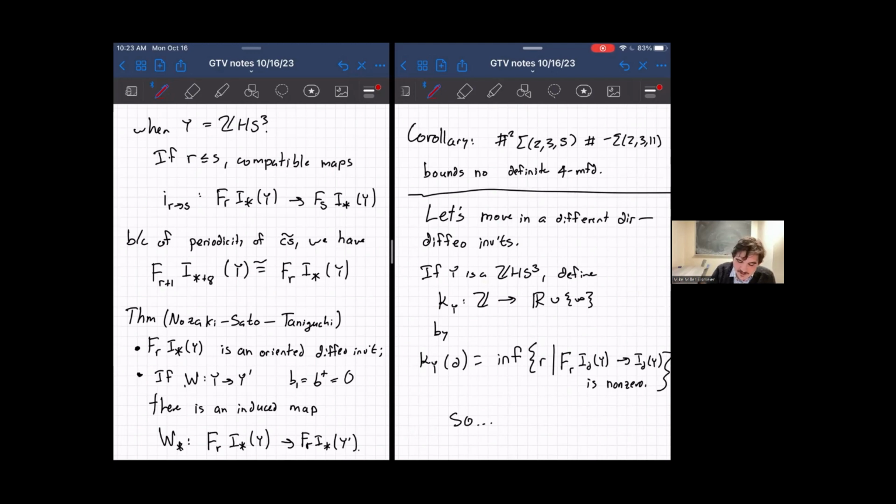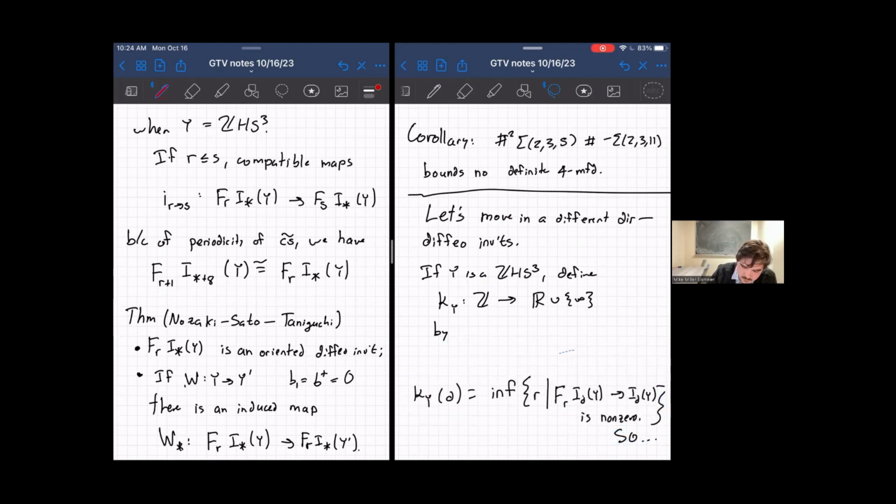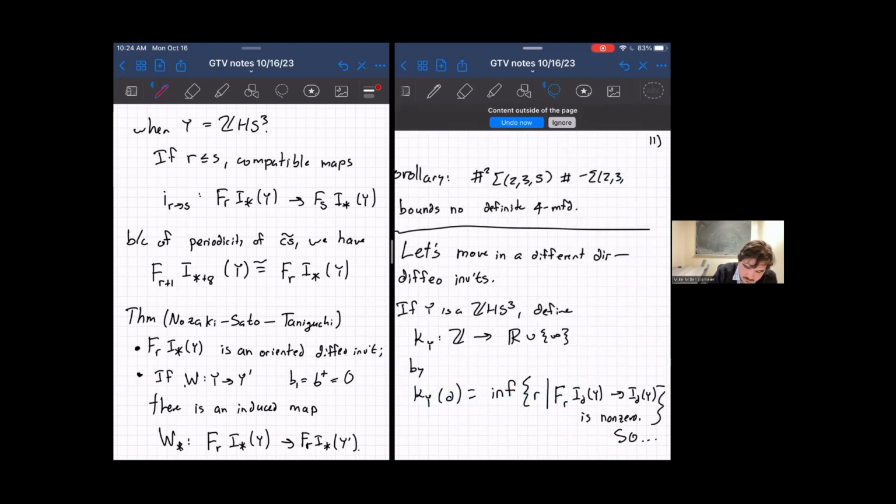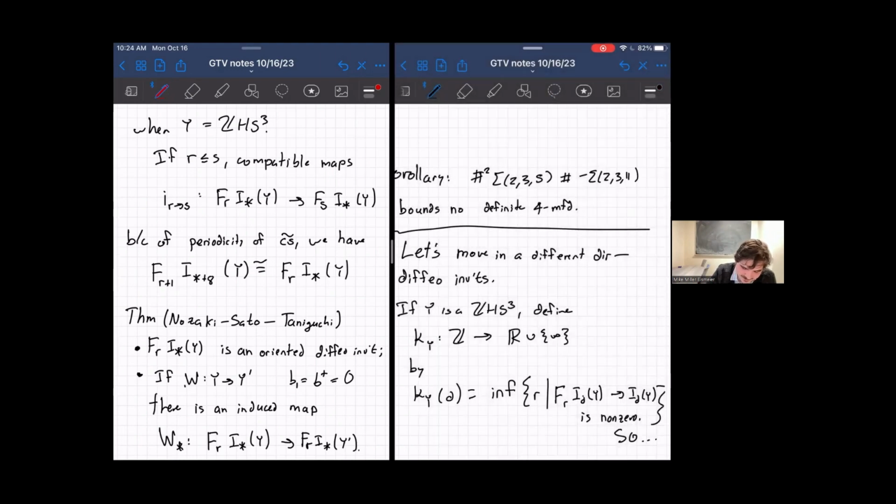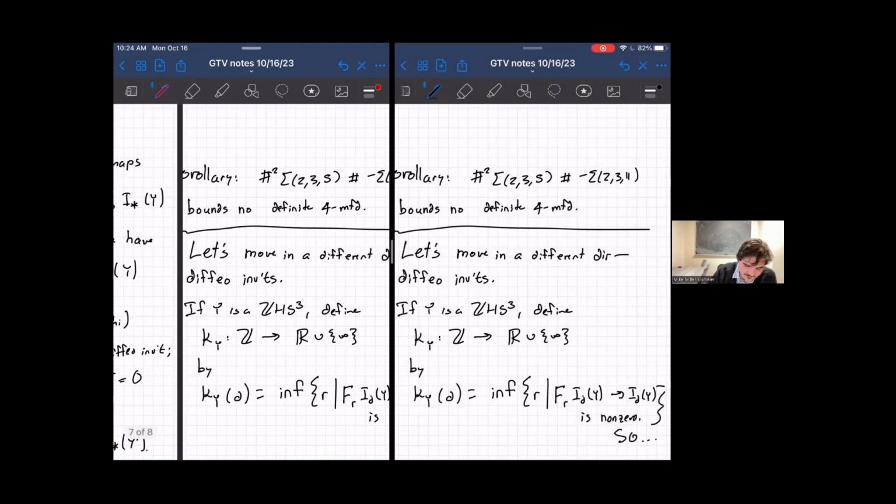I'm sorry, I just realized I forgot to mention a very important part of the Nozaki-Sato work earlier. See if I can make some space for it here. Okay, I think maybe I will fix this a little later and just try and make the point I wanted to make right now, which is that